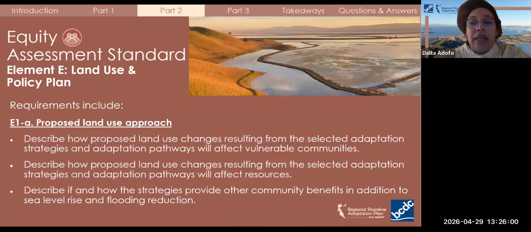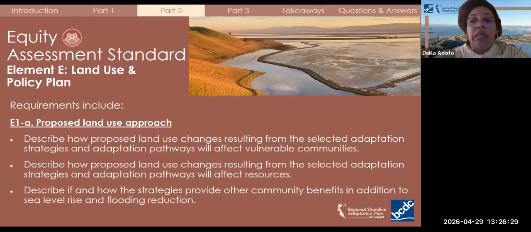For element D, for land use and policy plan, the equity assessment standard looks at how proposed land use changes affect communities. This means considering impacts on community health and well-being, current and future displacement risk, and how changes may affect the location and quality of resources and services, including critical infrastructure and tribal resources.